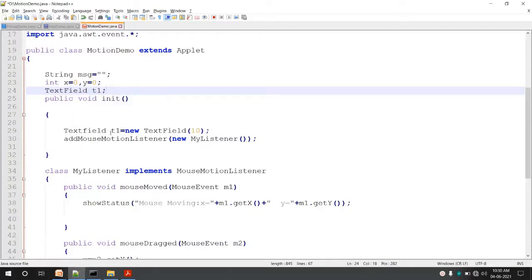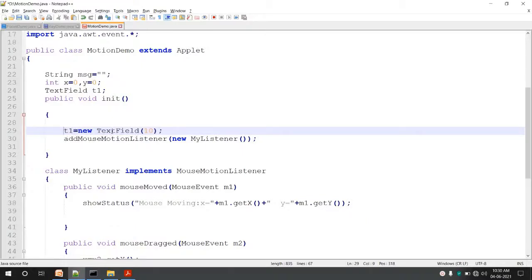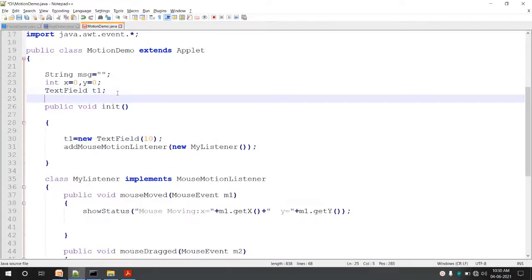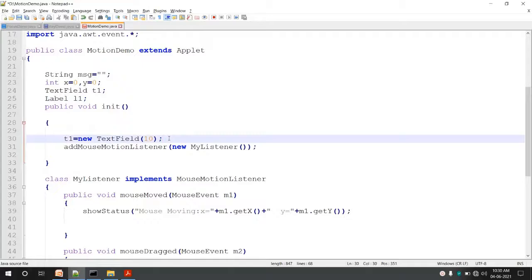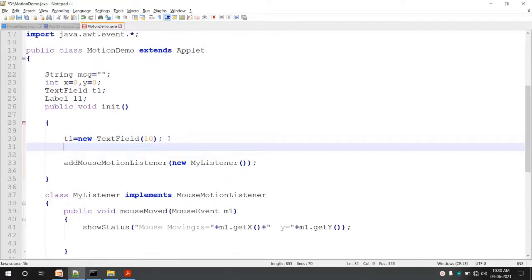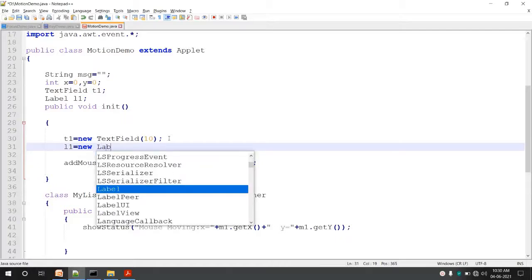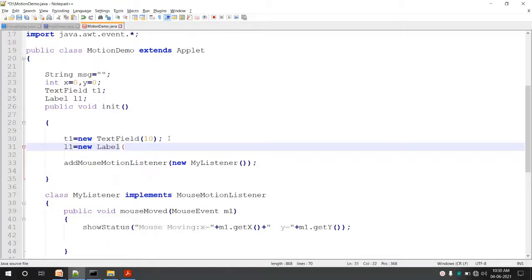So I have just moved the declaration, so I'll remove the declaration from init. We even need a label, I said, so we will declare Label l1. Okay, so the declaration is in the class. We will instantiate it here. l1 is equal to new Label. Okay, there is nothing in the label initially.